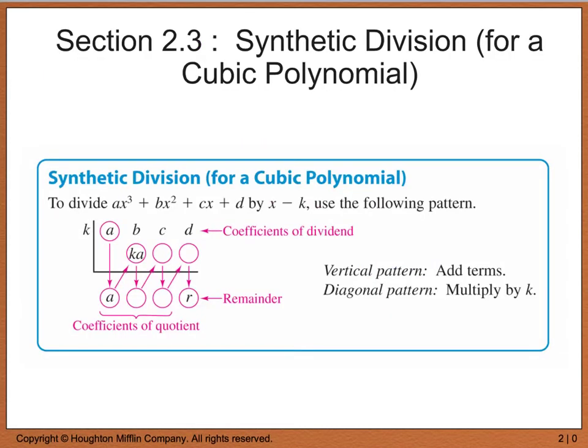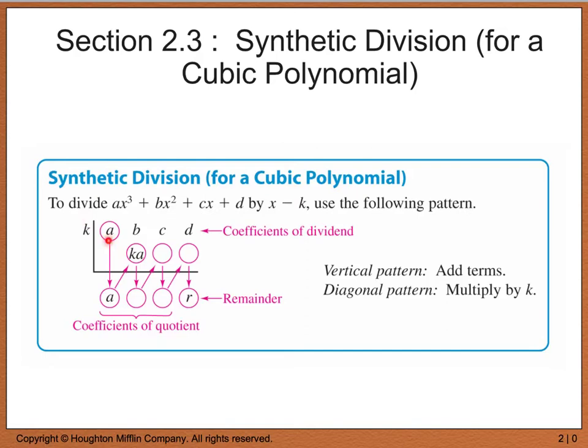Now another form of division that we can use if we have a factor or we're dividing by something such as x minus k that looks like this. So this would be like an x minus 3, x plus 2, something like that. If we're dividing by something that looks like that, then we can use what we call synthetic division. Now with synthetic division, what we're going to do is we're going to set this factor right here equal to 0 and solve for x. And whatever you get for that x value, which in this case is k, we're going to pull out up